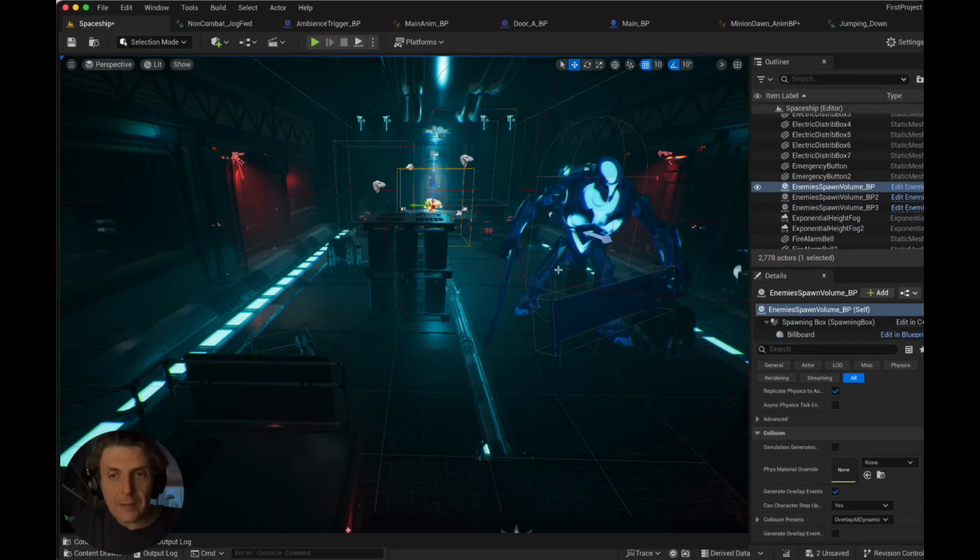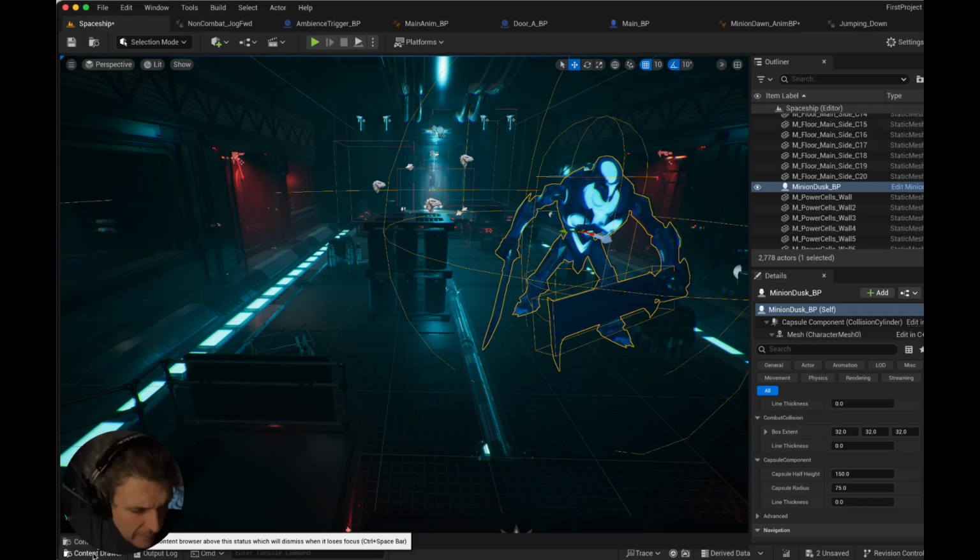When you want to add sound to the animation of enemies, footsteps, attack, death, hit sounds, there's a very nice and fun way to do so. The spaceship map contains 3 enemies, which are these minion dawn characters, and they are all located, if you look